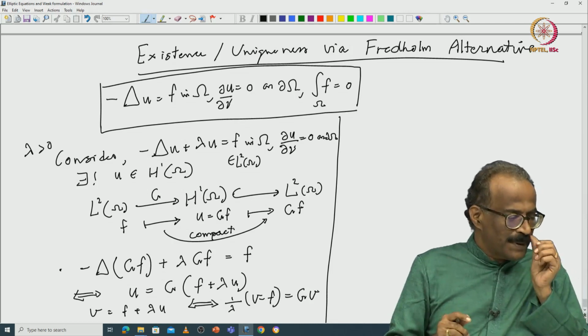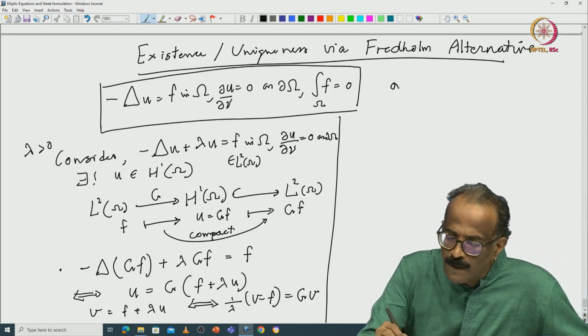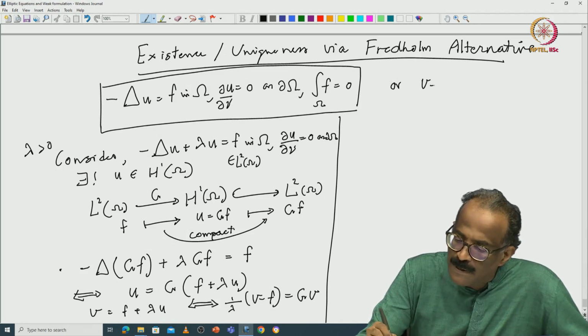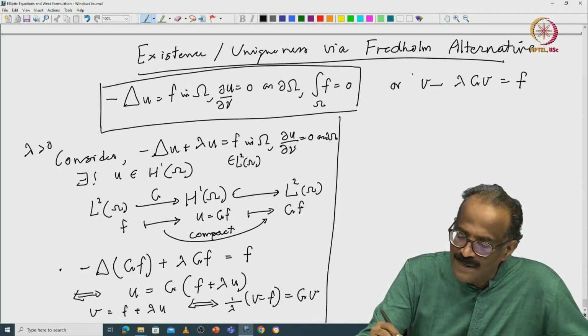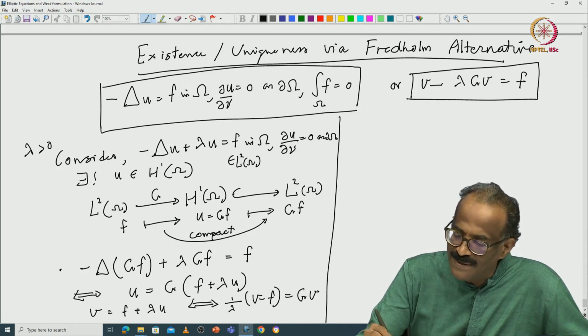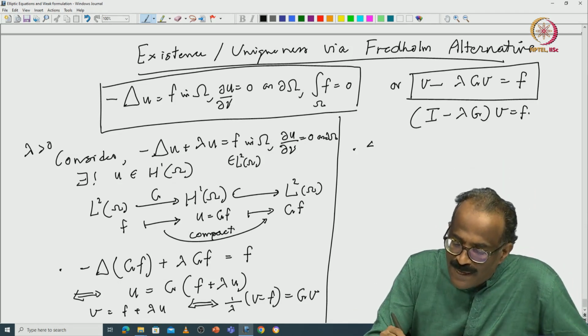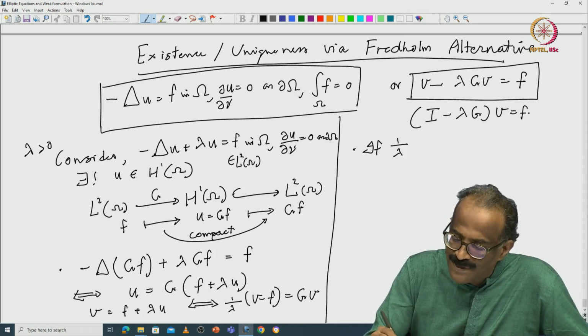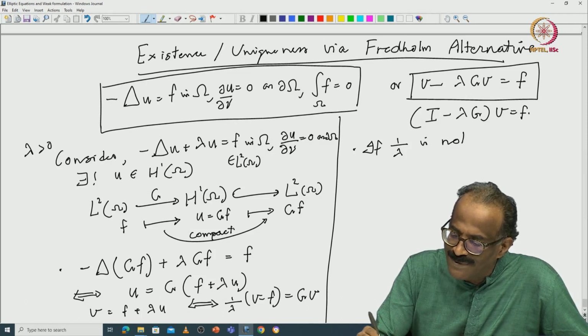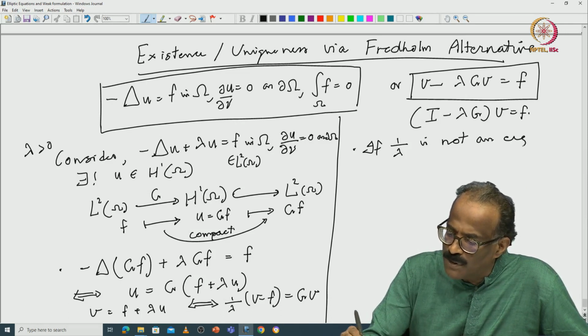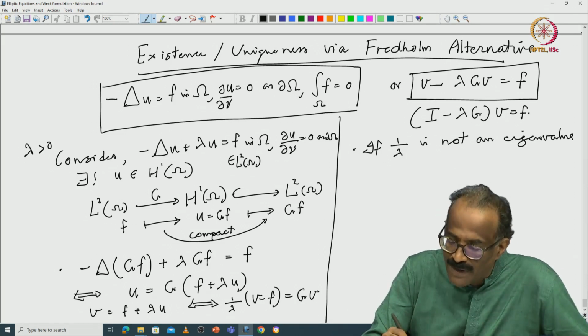okay. So that is what we are getting, or v minus lambda gv is equal to f. So you have that exactly that identity, right? This is identity minus lambda g of v. So again, if 1 over lambda is not an eigenvalue, absolutely no difference. The difference is just coming now. Is not an eigenvalue, then